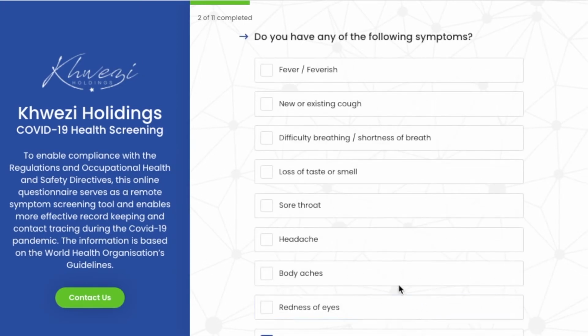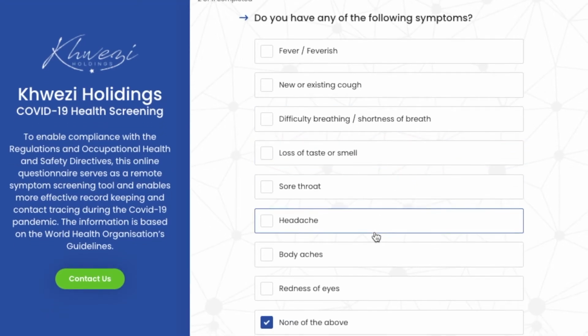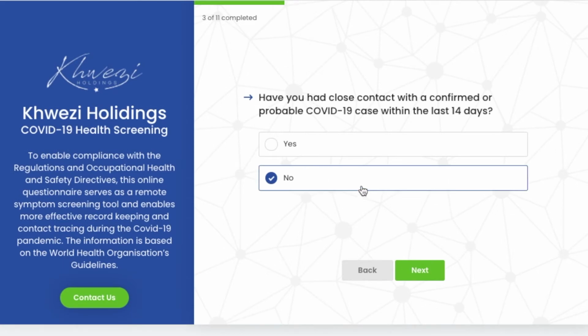So next. Do you have any of the following symptoms? Do you have a fever, a new or existing cough, any difficulty breathing or shortness of breath, loss of taste or smell? You have a sore throat, a headache, body aches, redness of eyes, or none of the above? Simply go to next. Have you had any close contact with a confirmed case or probable COVID-19 case within the